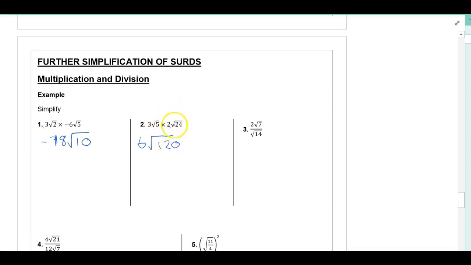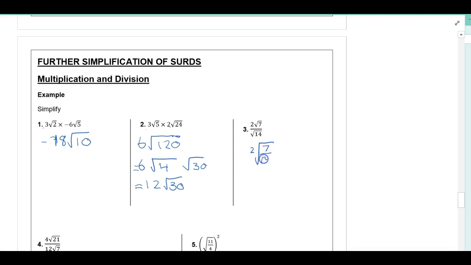5 times 4 equals 20. Now, my guess is 120 can be simplified down to something. So 4 goes into that 30 times, so it's 12 root 30. I don't think any of our squared numbers go into 30 as a factor, so we don't have to worry about going further. All right, this one here,